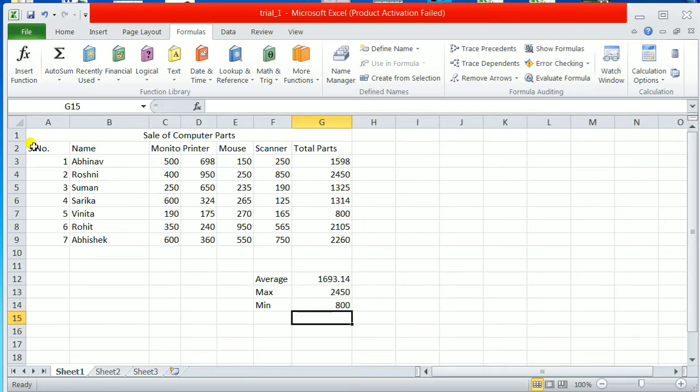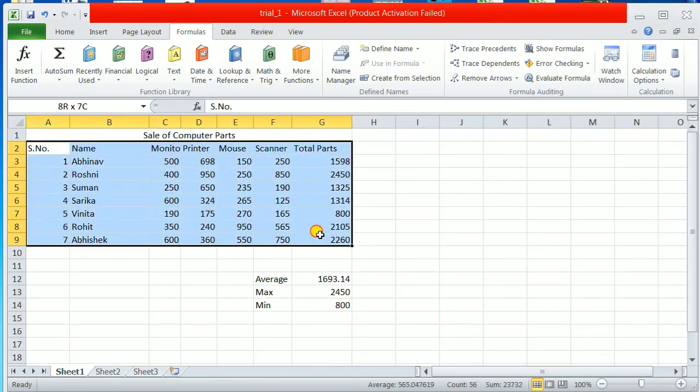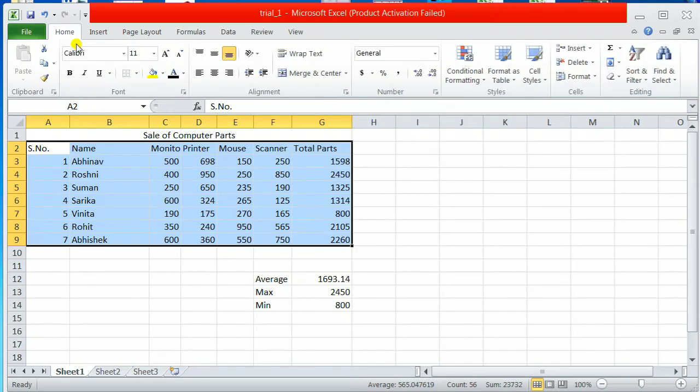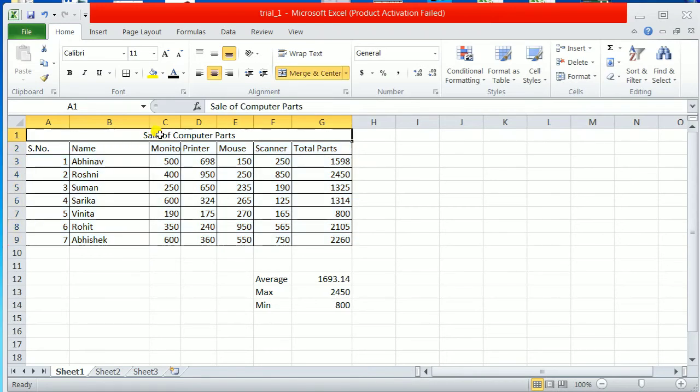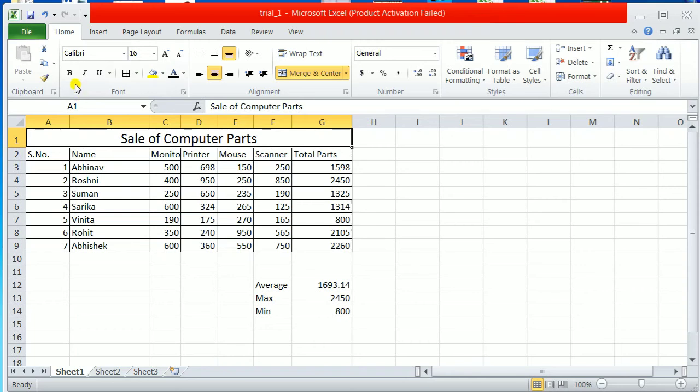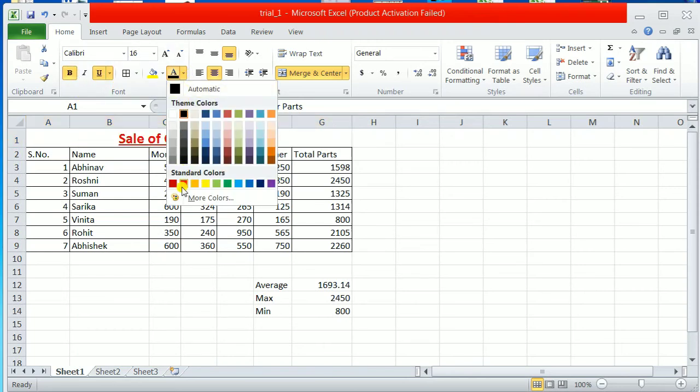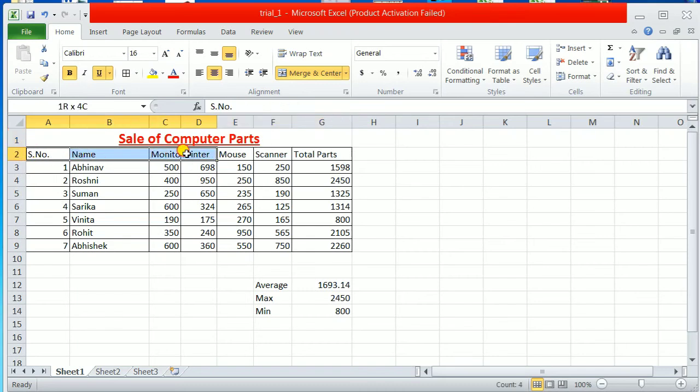Now next thing is just to make your text or your database presentable. Give some border. This all you have learned in the previous class also. Make the heading bolder and bigger also, just to make it a little presentable. You can change the text color also. This all you have already practiced in your 6th standard also. So no need to do it more.